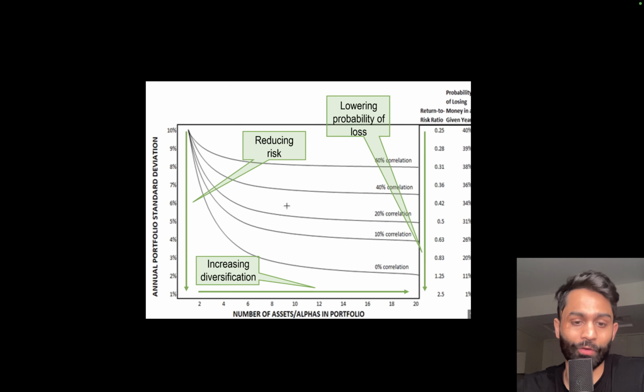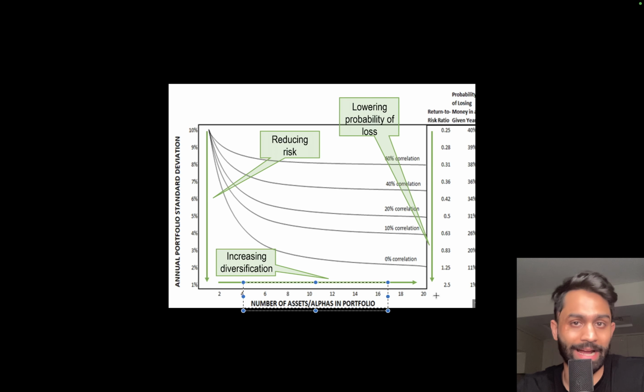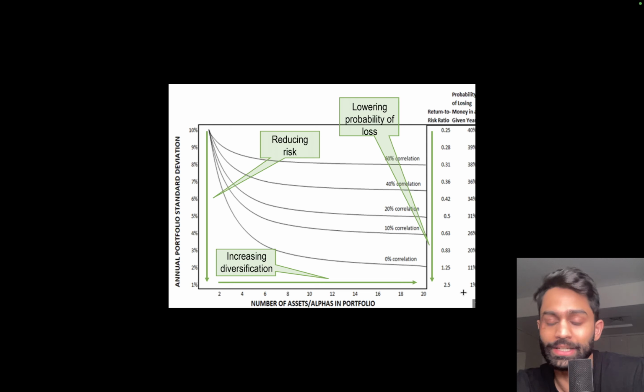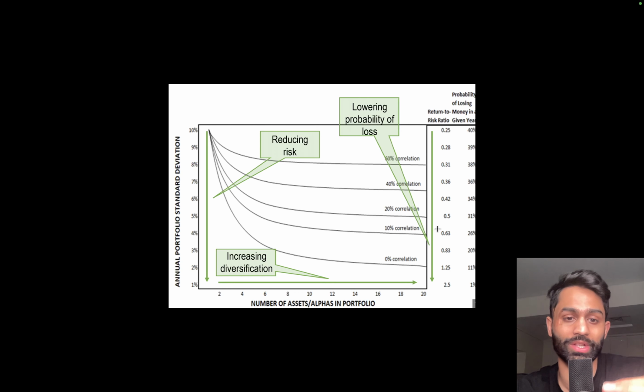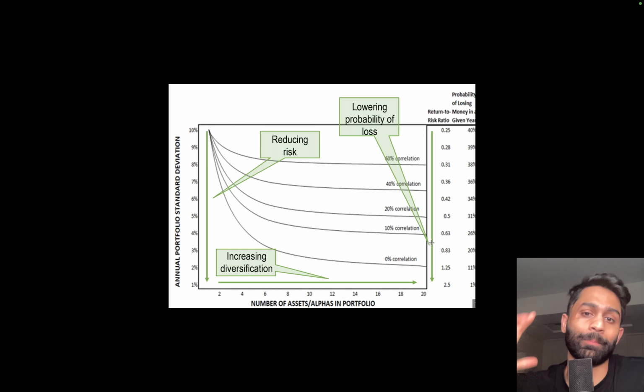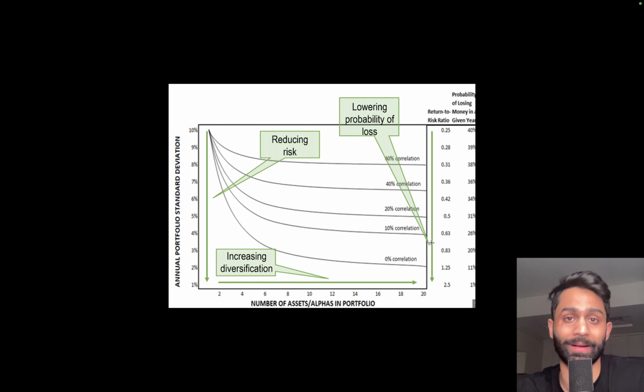We've got the number of assets in the portfolio down here on the x-axis, and we've got the standard deviation of the portfolio on the y-axis, or in terms of the volatility of that portfolio. So what he essentially says is that as you grow across the x-axis, as you're adding more and more assets that are uncorrelated to each other, the idea here is the uncorrelation, you can potentially reduce the significant risk in the portfolio, or the volatility. Volatility is just another measure of risk. You can reduce that while maintaining the same level of expected returns.